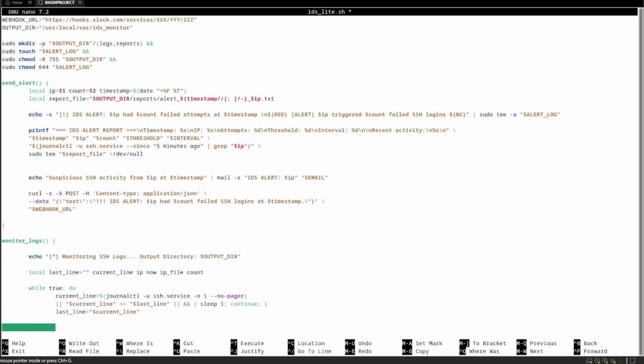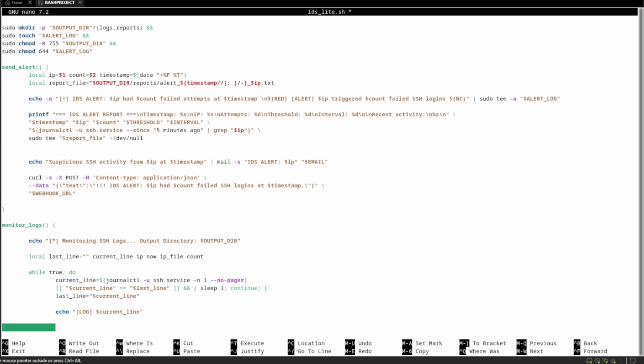And what we're going to do next is simply just echo, I'm not in an editor either, echo, and we're going to just basically make an output message, so log. Okay, so basically what this is going to do is echo the latest log line to the terminal so we can see what's happening. It'll be good for debugging and for visualizing the IDS in real time. And then after that, we're going to come down again, and we're going to indent twice because we are still within this while loop, and we are going to begin an if statement saying if